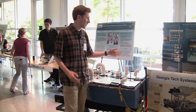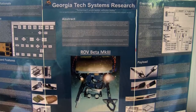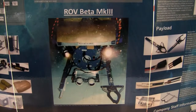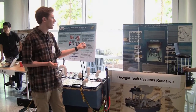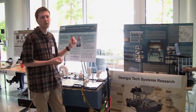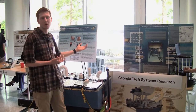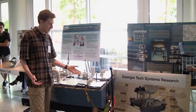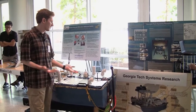We also do a couple of other projects in a similar fashion. We have a remotely operated vehicle, which is an underwater vehicle. So in combination with the surface vehicle, we've also deployed an underwater remotely operated vehicle with oil sensors, cameras, and this we've entered into other competitions for underwater tasks where it's less programming intensive but more hardware and electrical intensive because it has to survive underwater. This vehicle, while it's somewhat protected from the elements, is not waterproof by any means. That makes it sort of a more